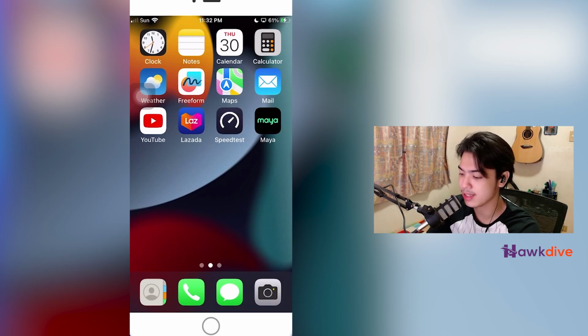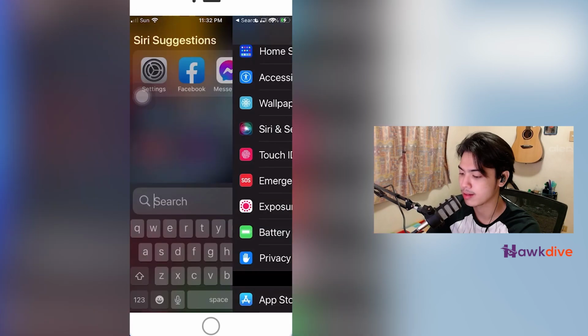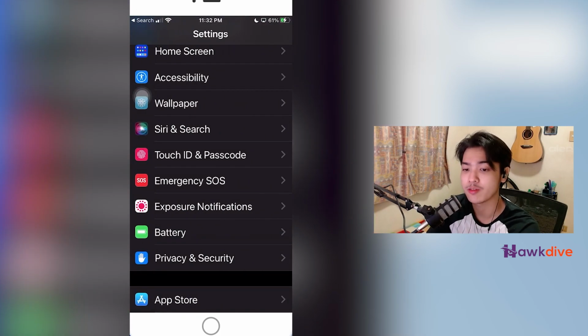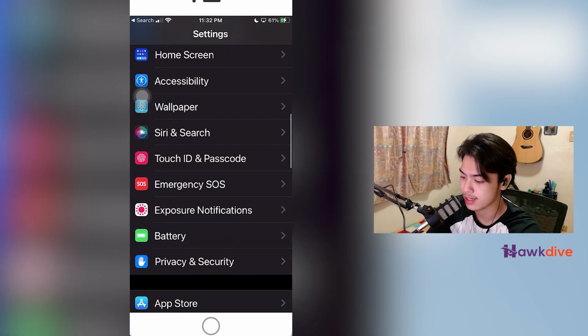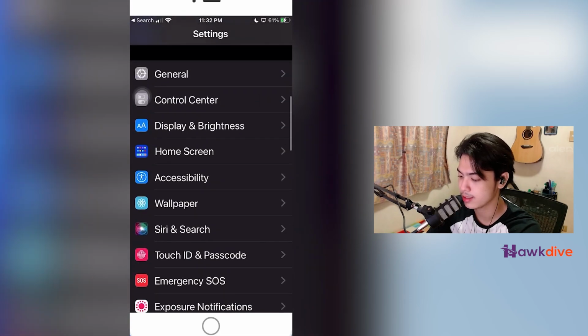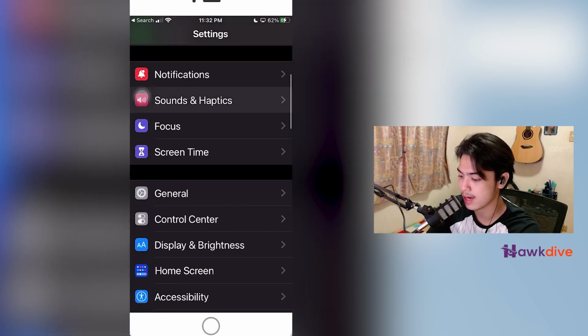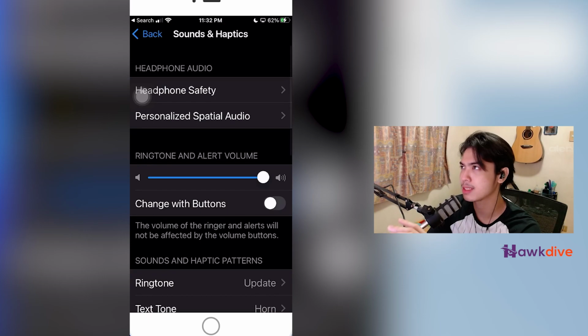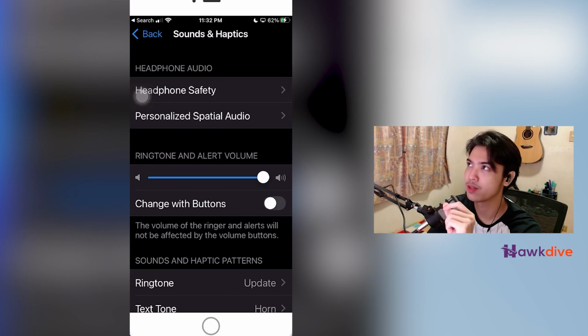So to disable that, just go and drop down into settings right here, and we want to go into sounds and haptics. Just go here, sounds and haptics. There are some things that I'm going to enable and disable for this video